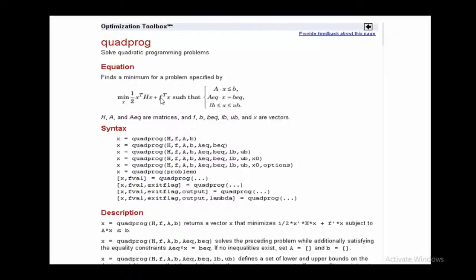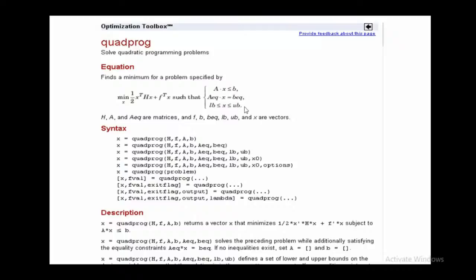And suppose we have AQ X is equal to BQ, that is also absent in our case. So you can write this AQ BQ if you don't have this kind of inequalities. In twin SVM you have only this particular inequalities, right? So these two inequalities are absent. In that case, we'll pass it as a blank matrix. We'll discuss that later.